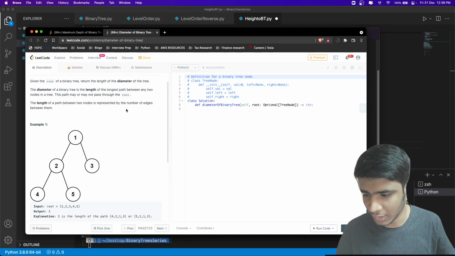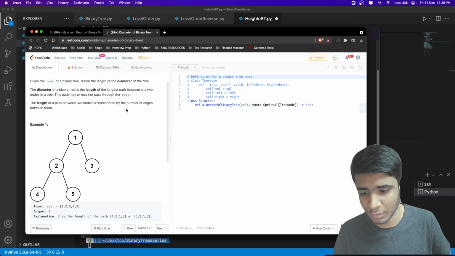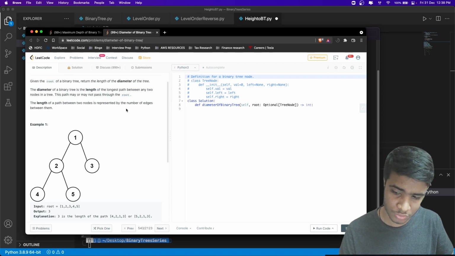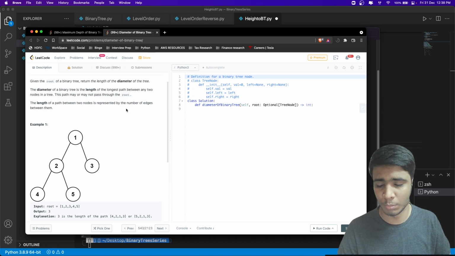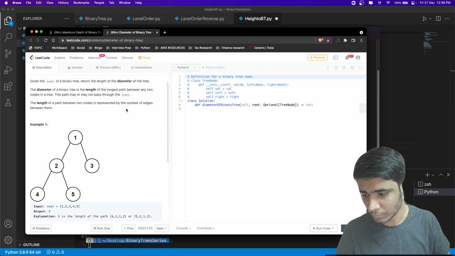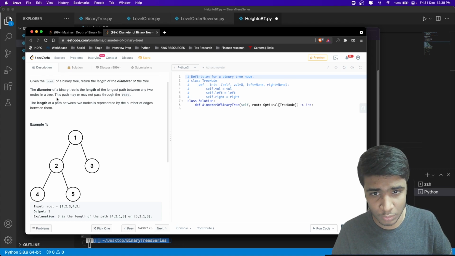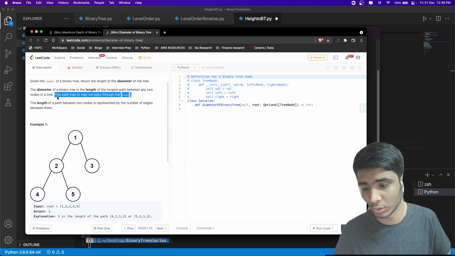So basically, the diameter would be the longest path that I can draw between any two nodes, right? So between any two nodes, if I can draw a path, the maximum value would be the diameter of the tree, and you have to take care of this condition where it need not pass through the root, right?